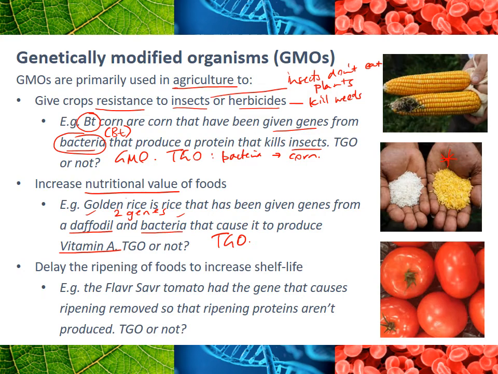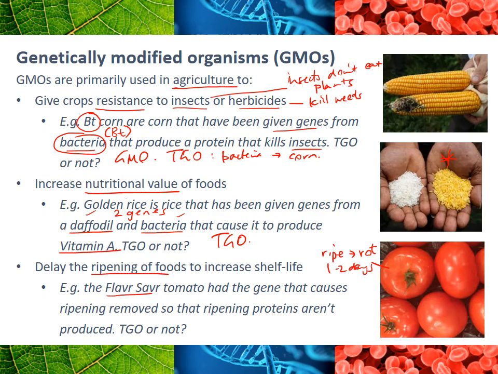Final example is using genetic modification to delay the ripening of foods, which increases the shelf life. Tomatoes generally become ripe very quickly, and then obviously if something over-ripens, it rots within 1 to 2 days naturally after being picked. But obviously that's not great for farmers, it's not good for supermarkets, it's not good for people because things go rotten very quickly. So an example of using GMOs for preventing this was a particular brand called the Flavr Savr